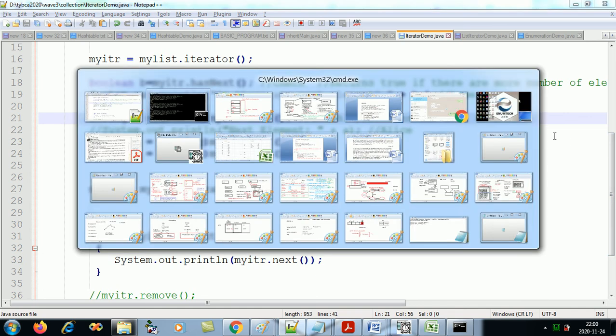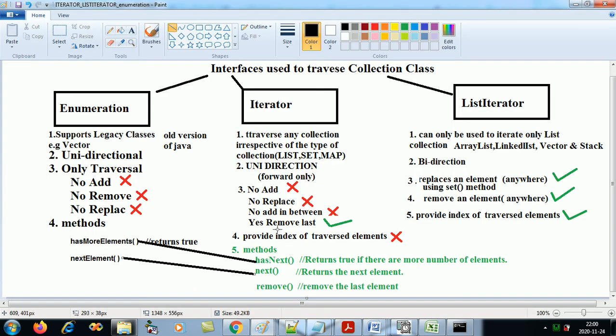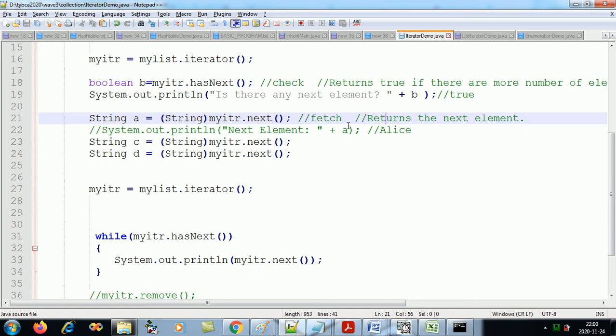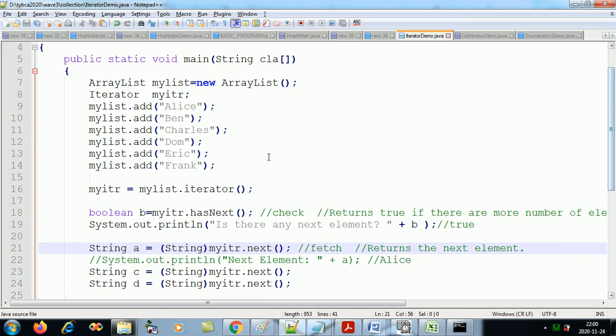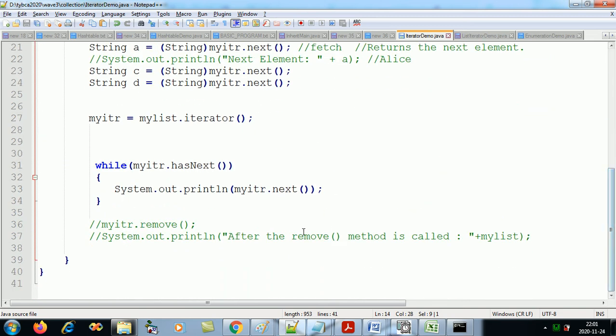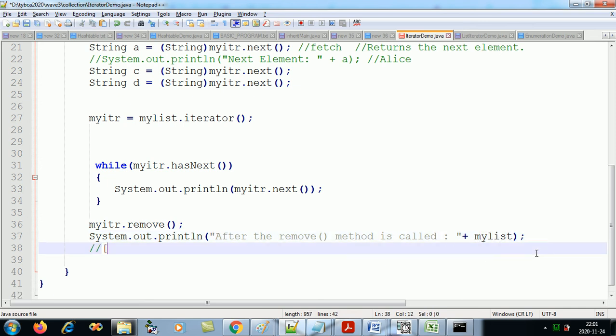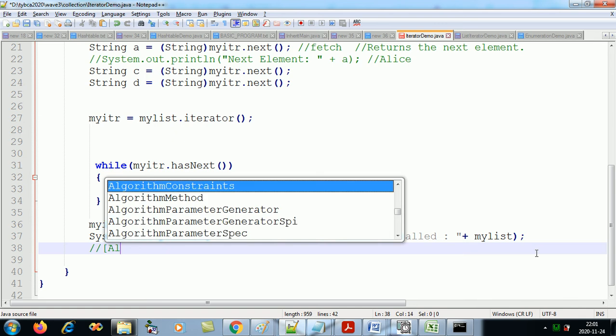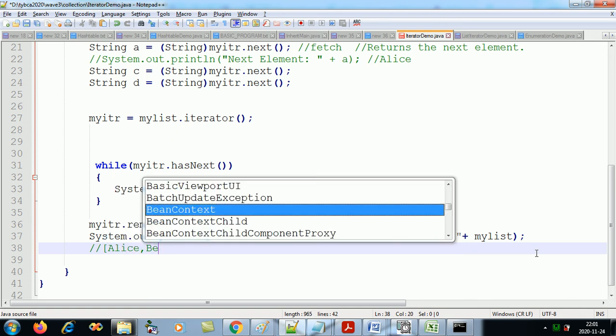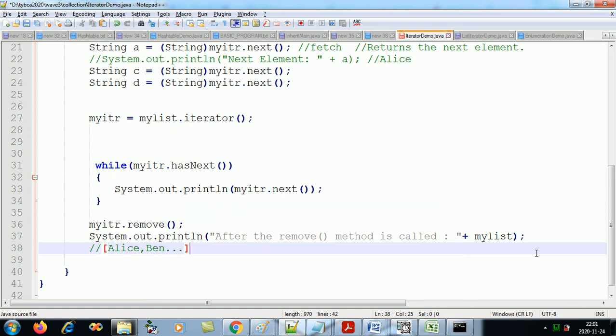Okay, as I mentioned, we can remove also. We can remove the last element. So which is the last element in the list? Frank. So if I call the remove method, itr.remove, it will remove Frank. And if you want to see the entire list like we were doing initially in that square bracket, remember, the output would come like this: Alice, Ben, and so on.